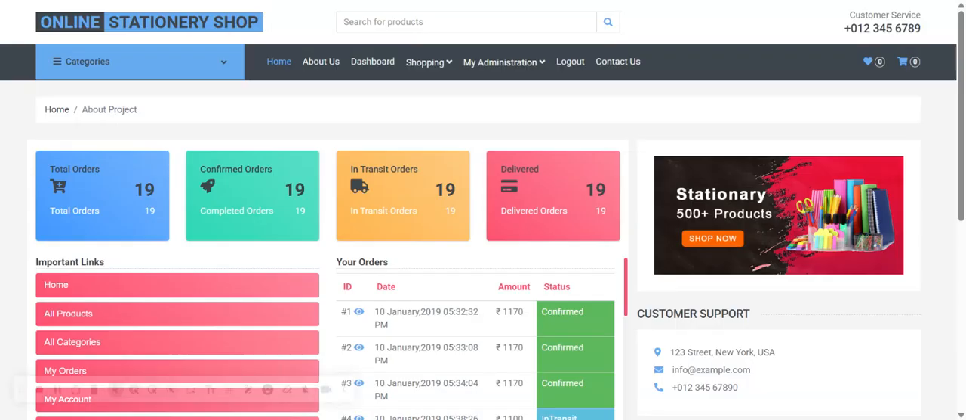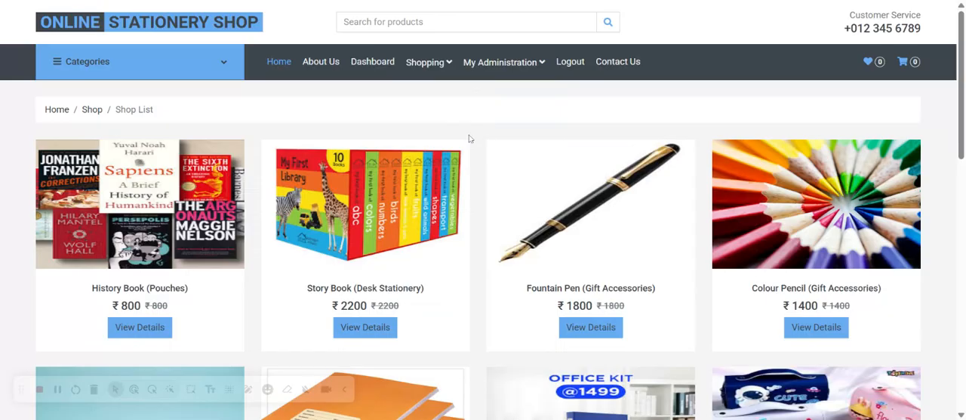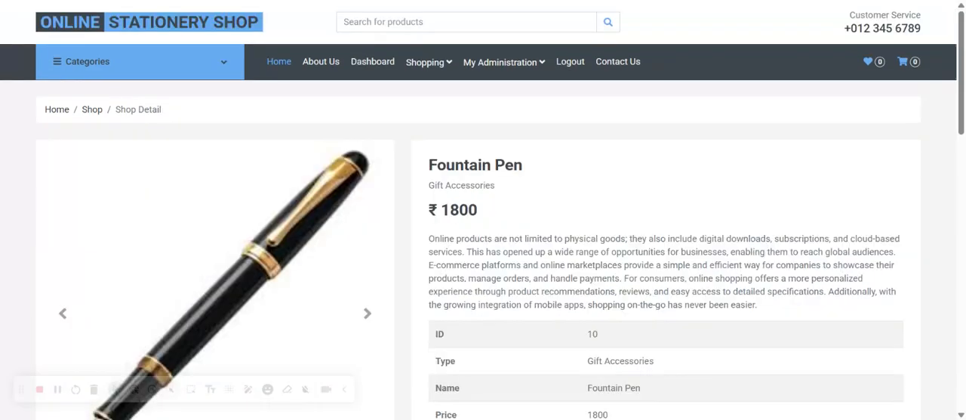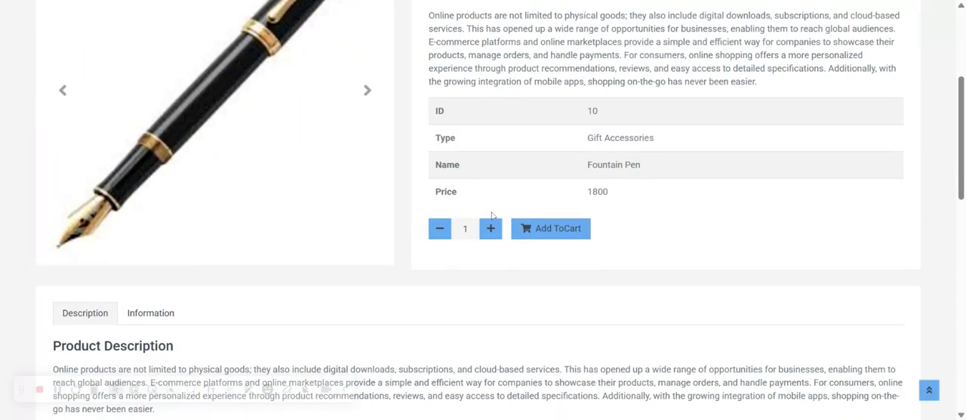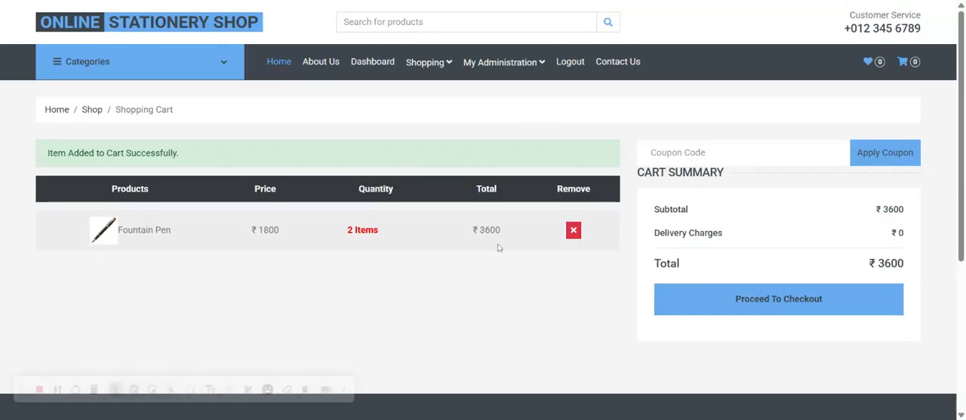Now log into the account. Oh, this is a user dashboard. First click on the products. Now click on the fountain pen. You can choose the number of items. You can see the 2 items. Click on add to cart. You can see the amount gets calculated automatically, and the total amount, that much amount you need to pay. Now click on proceed to